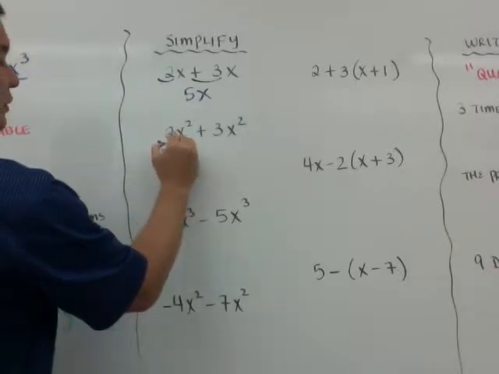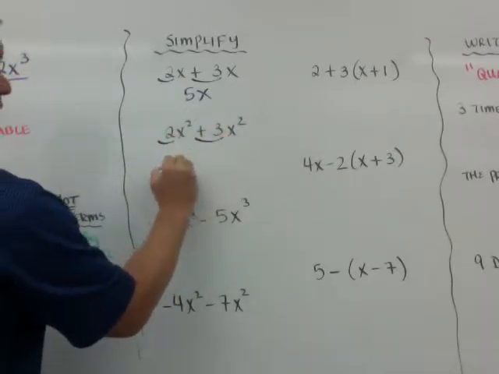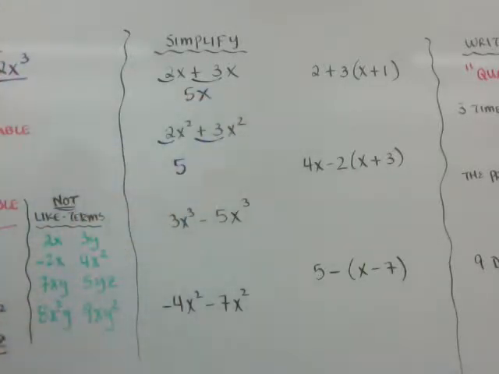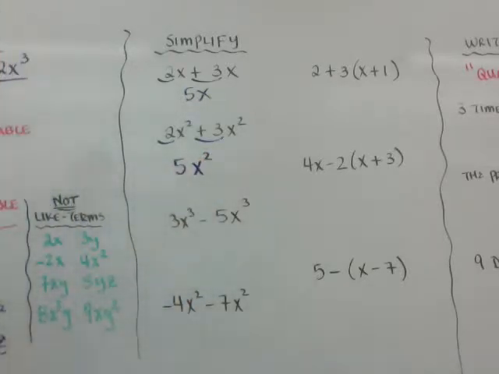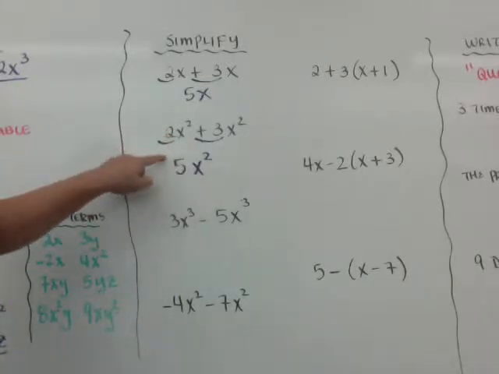In this one, I have a 2 here, and I have a plus 3. Because they're like terms, it becomes 5. And when I drop it down, I drop down the x. I didn't change the x. So in this case, when I drop it down, I leave the x squared. Okay, don't make it x to the 4th. When you multiply, it'll change the exponent. But when you're adding, you just add the coefficients or the numbers in front of the x squared, and then